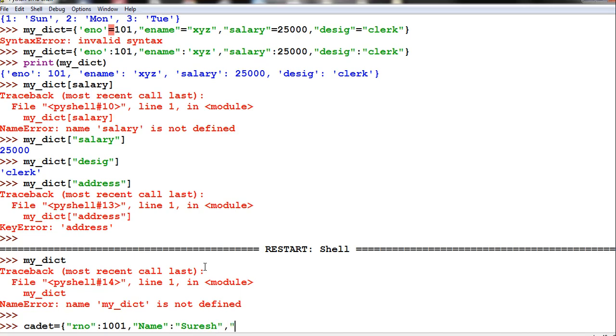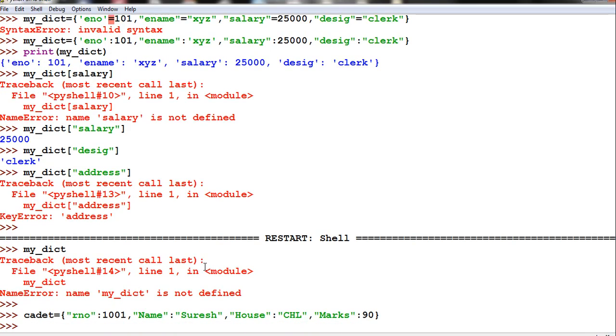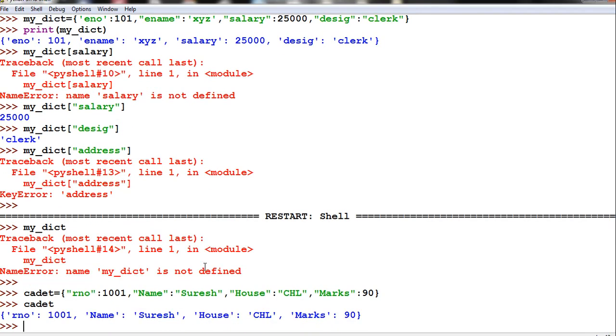Let me give house colon the value Chalukya, comma. Let me give marks colon the value 90. Now let me close this. Enter. See your cadet. Now you can access each element.